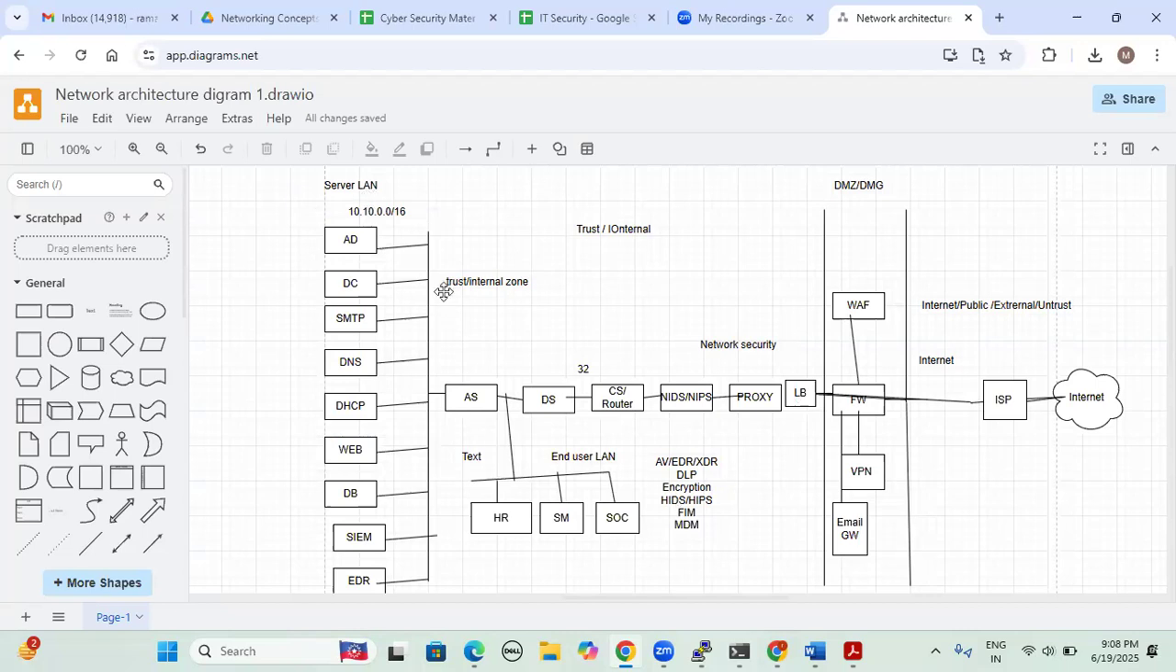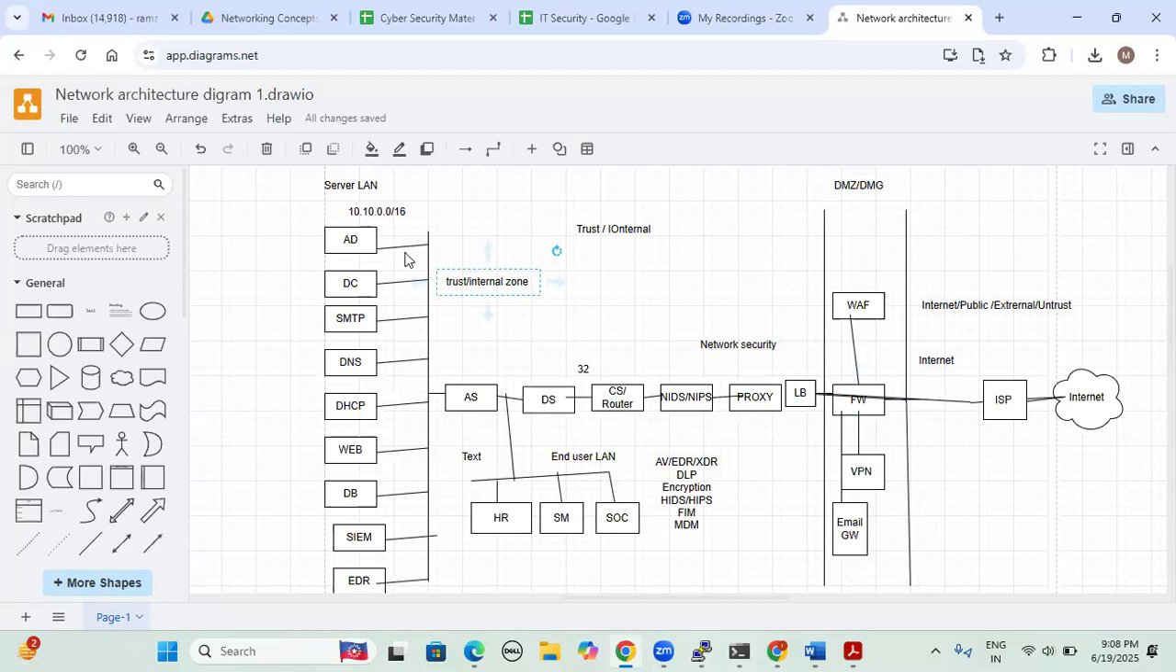In the trust zone only we have to deploy our critical servers, not in the DMZ zone. In the DMZ zone, we can deploy non-critical servers, where the data is not that critical. But if the servers are very critical to the organization, those servers we have to deploy in the trust zone or internal zone. A couple of very critical servers are Active Directory,